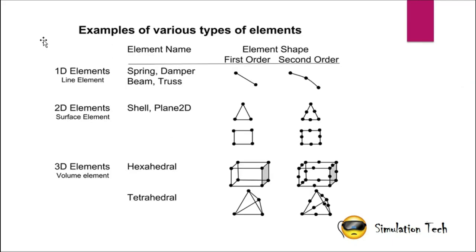We have various types of elements: 1D elements, 2D elements and 3D elements. Before getting into the different types of elements, you need to understand what is 1D, what is 2D and what is 3D. Tell me, what is 1D, what is 2D and what is 3D? 1D has 1 dimension, 2D has 2 dimensions, 3D has 3 dimensions. You guys are already familiar with this concept. But in FEA,